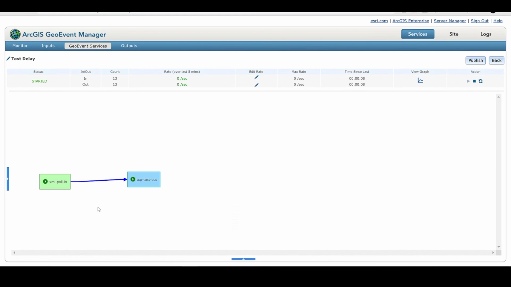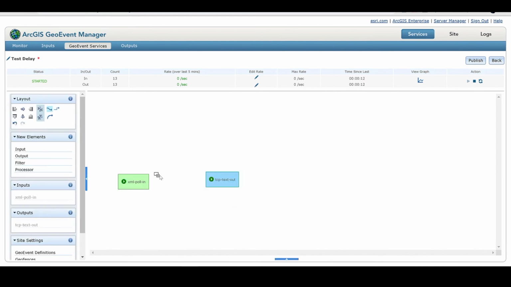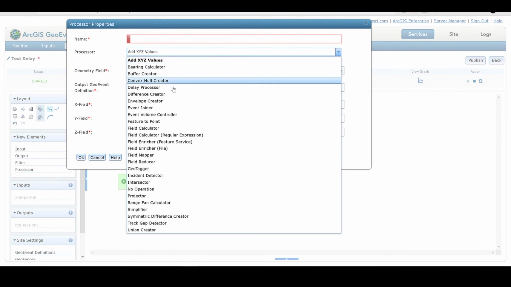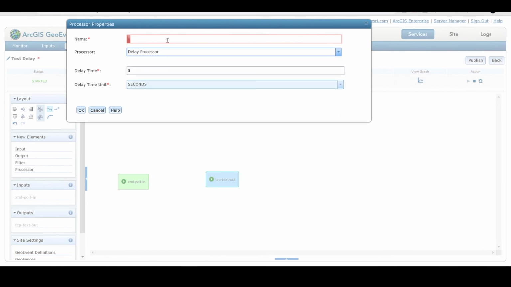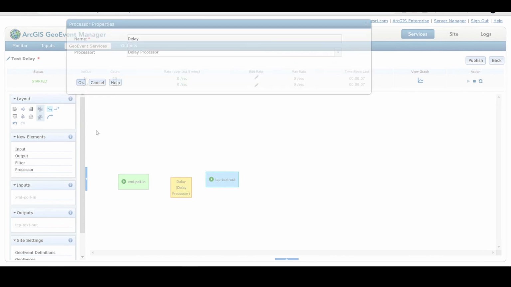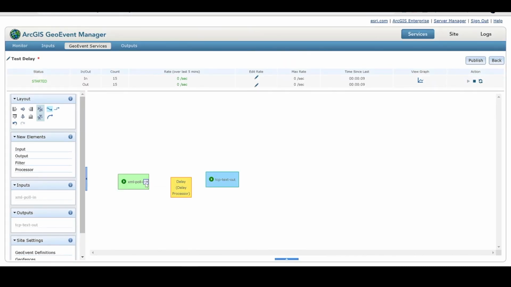So I want to introduce a delay in this. I'm going to get rid of this connector here, and we're going to drag in a processor. And when I drop the list down here, we should see the delay processor, and there it is right there. So we're going to grab that. We're going to call this delay. Now the delay time, for real world snowplows or something like that, you probably want to delay them by a couple minutes. In this case, just for testing purposes, I'm going to delay this by 5 seconds. So this should grab a hold of all of our events, hold on to them for exactly 5 seconds, and